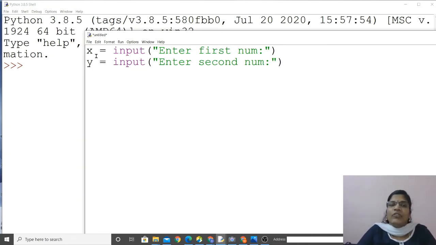So far two memory locations are created with the variable names X and Y. What is the value of X and Y? That depends. I may give some numbers and you may give some numbers. That depends upon the user. This is the way the program should be common for all. We are not supposed to give numbers directly. Got it? So two numbers we have got.